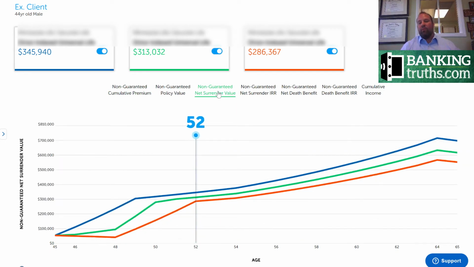And if they do that, let's then look at surrender value. And this is just going right up until they start to take income, which is why you can see the surrender value starts to go down between years 64 and 65. So the glide path of these policies, once they're fully funded, is about the same.